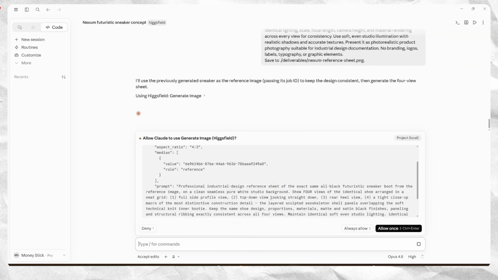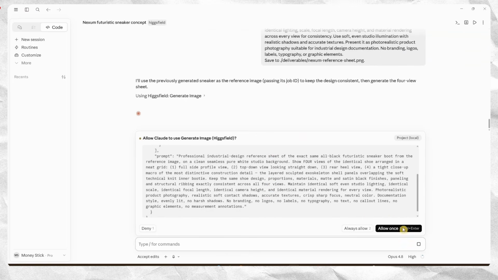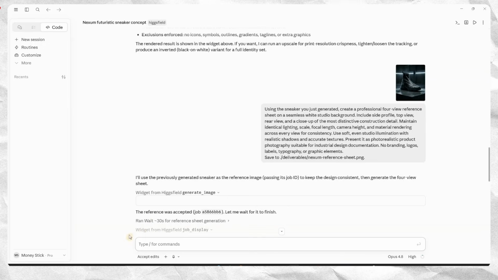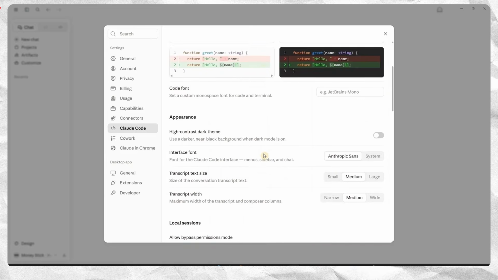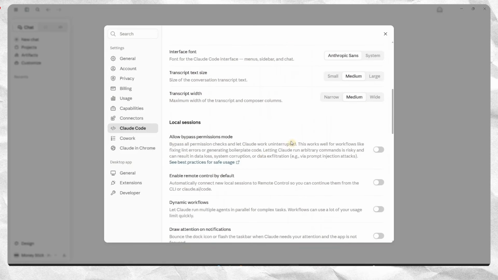Okay, real quick. This pop-up right here asks for permission every single time Claude generates something, and that gets old fast. So let me just turn that off. Click the permissions menu down here. You'll see a bypass option, but it's locked. So first, jump into Settings, go to Claude Code, scroll down to Local Sessions, and turn on Allow Bypass Permissions